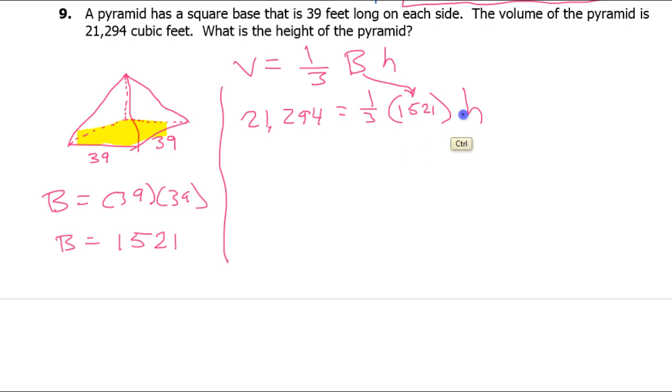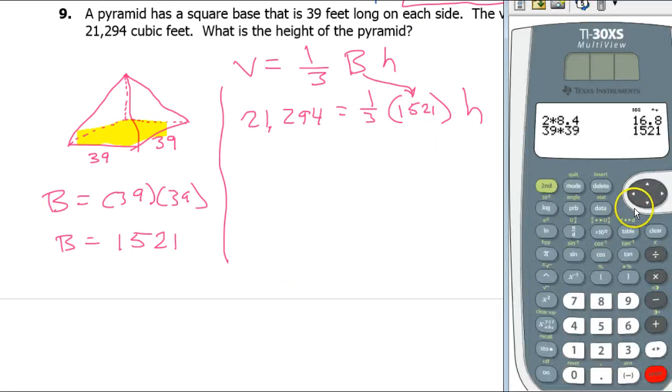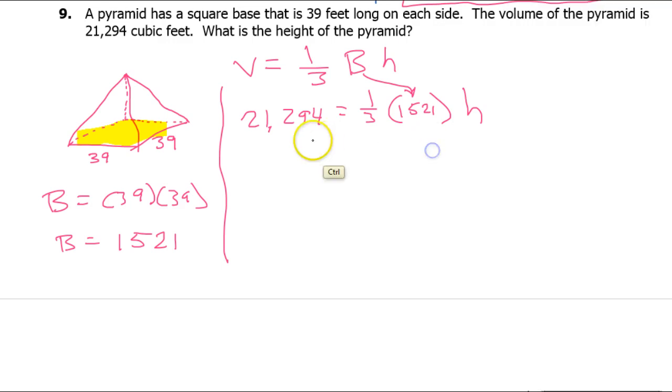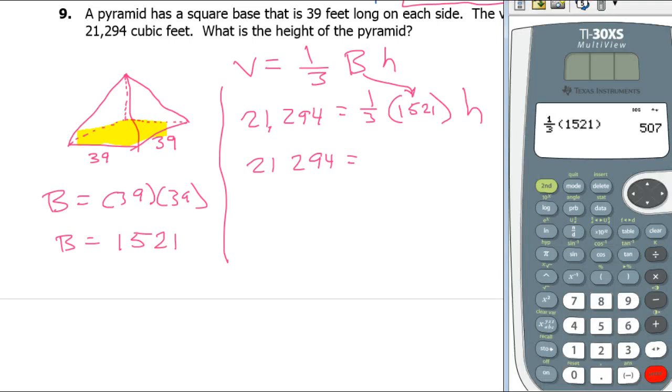Okay, great. I'm betting 3, 8, 9. This number is divisible by 3, so it would be nice to just go ahead and multiply by 1/3, basically. So if I do 1/3 times 1,521, I get 507. So now I have 21,294 is equal to, what did I say? 507